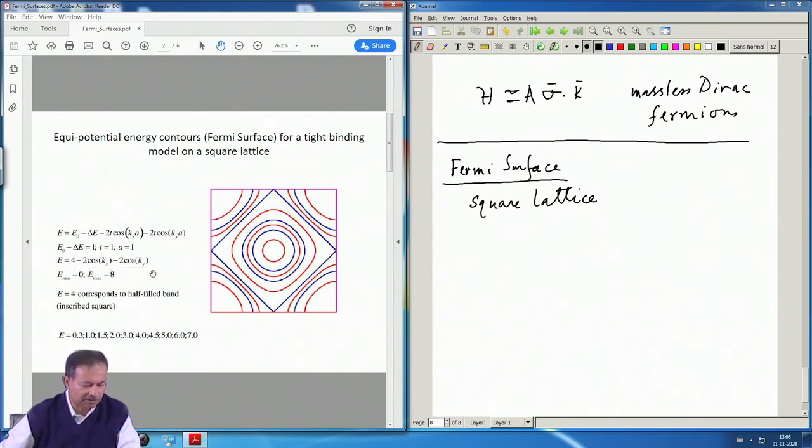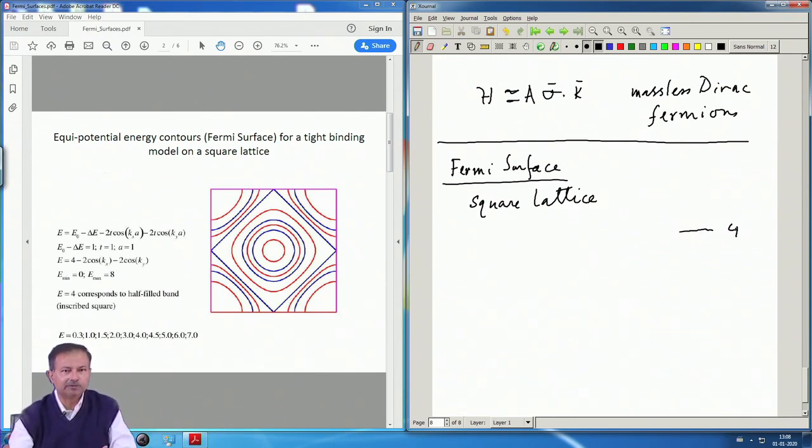So, you can see that the minimum of energy is when these 2 cos kx and 2 cos ky give you minus 4, that is the minimum possible. So, 4 minus 4 will be 0, and the maximum will be when cos kx and cos ky are both minus 1, and that will give you plus 4. So, that will be 4 plus 4 equal to 8. So, the band goes here from energy 4 in some units, you can call it eV or whatever, you do not need to mention the units at the moment. In some unit it is 4 and it goes up to 8.